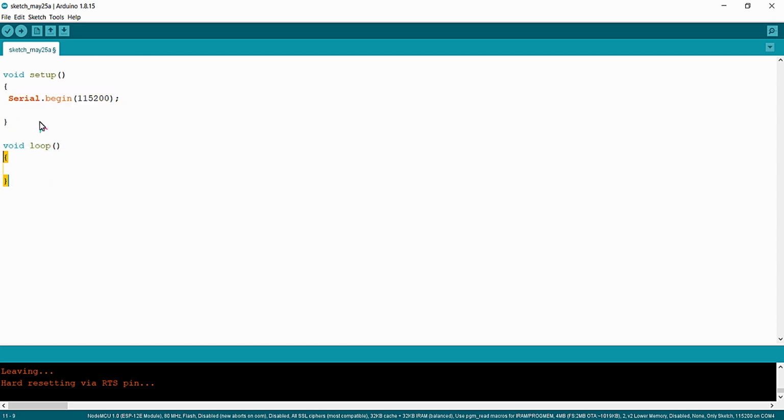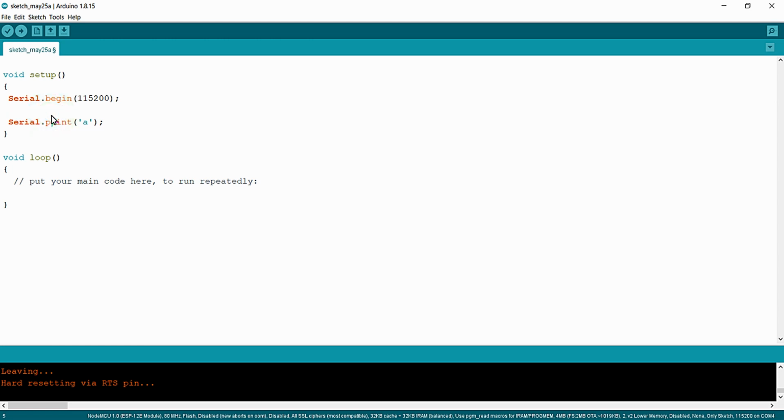Before that, let's try to print a character on the serial monitor, so that I can clearly explain how this void setup executes only at the beginning of the program. Once done, you can transmit data from our NodeMCU to the serial monitor using the method called Serial.print. To this method, you can pass a string or a character. I am passing the character A, and let me upload this program to the NodeMCU and see how the data is transmitted from our NodeMCU to the serial monitor.